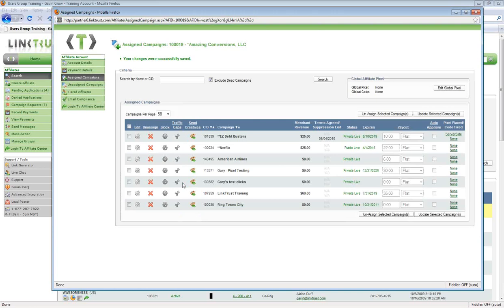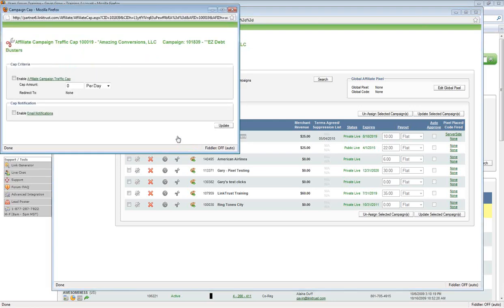In addition, if I have a brand new affiliate, I've just given them the opportunity to run an offer, and I don't know the quality of their traffic, but I'd like to test it out. It's very simple. You can tell them that you're going to place a cap on their traffic. So for this Easy Debt Busters, which is a lead gen type campaign, I want to put a traffic cap